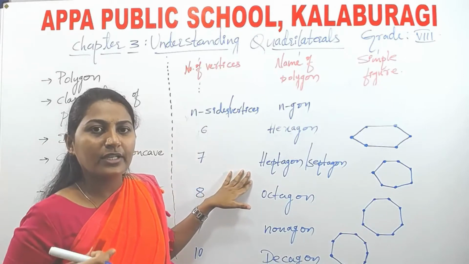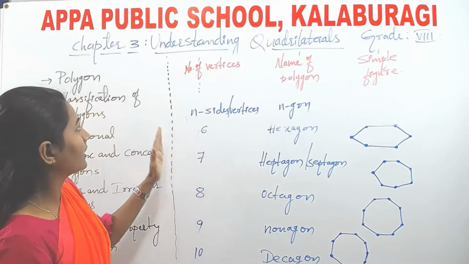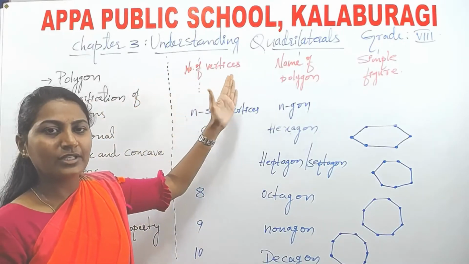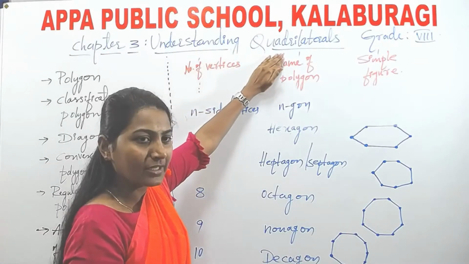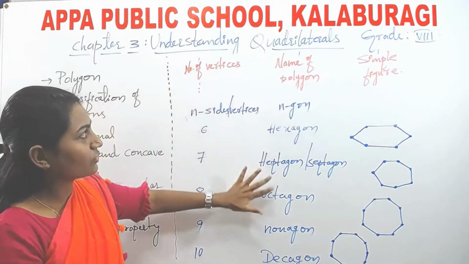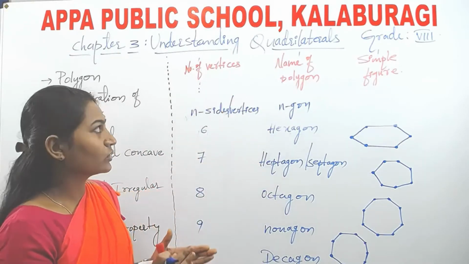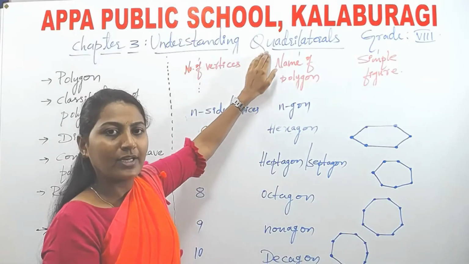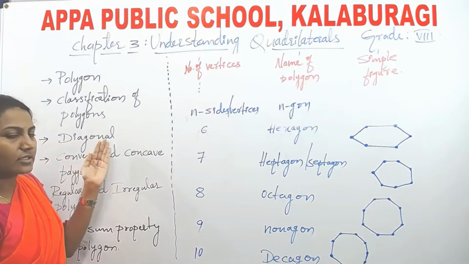Why I am telling again and again is that the definition of polygon is very important in this chapter, understanding quadrilaterals. So as we see in understanding quadrilaterals, these are the classification of polygons, but completely in this chapter we are going to deal with only the quadrilaterals. So after this, let's see what is a